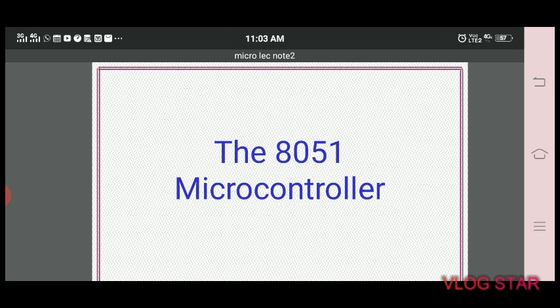Then the access time for memory and IO is longer in a microprocessor, but in a microcontroller the access time is very short because the memory size is very small. So that is the next difference. Then a microprocessor based system requires additional hardware because it is designed for a common, general purpose. So it requires additional hardware to solve all kinds of problems.